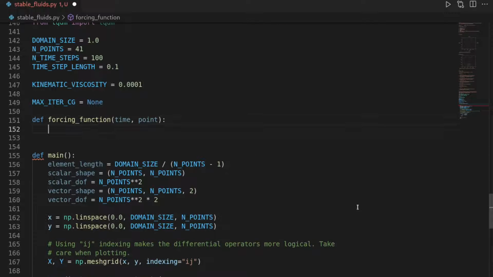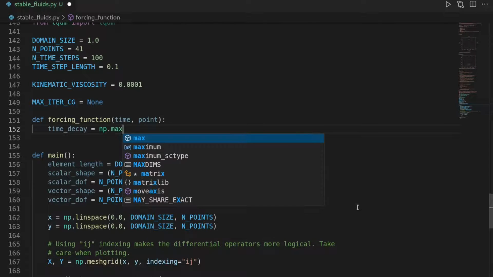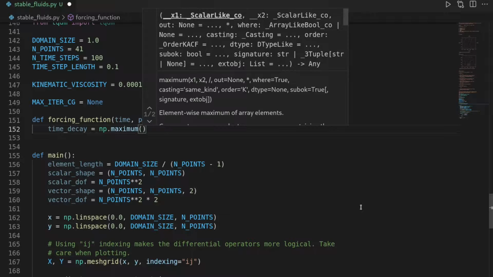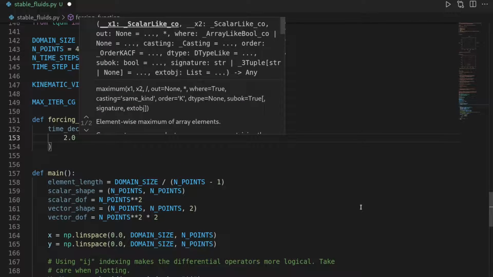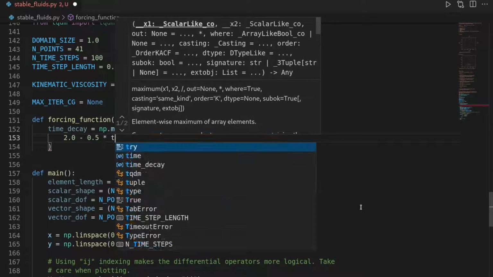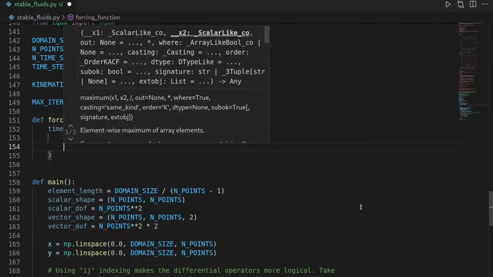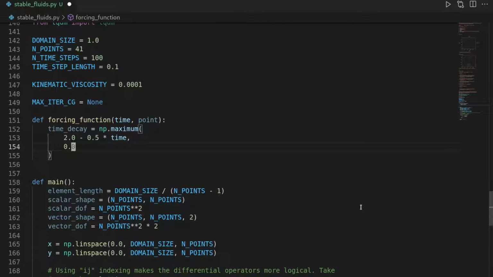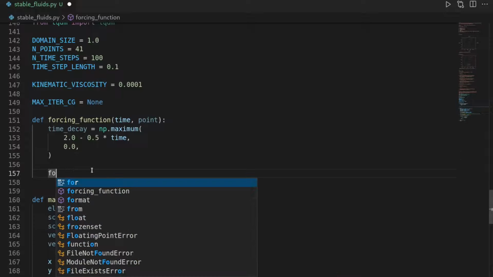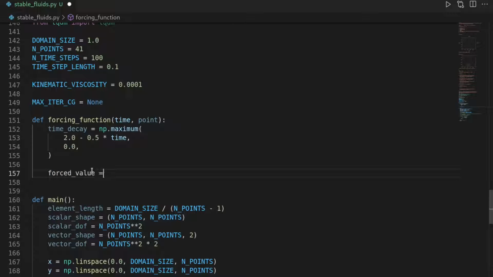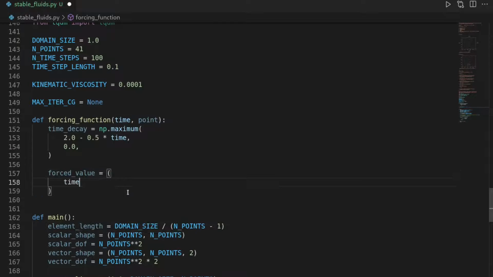So let's first define a time decay and let this be np.maximum of 2.0 minus 0.5 times time and 0.0. And this will basically be a function that is a linear function from 0 to 4, and that is 0 afterwards. And then we can define our forced value, which will be the time decay